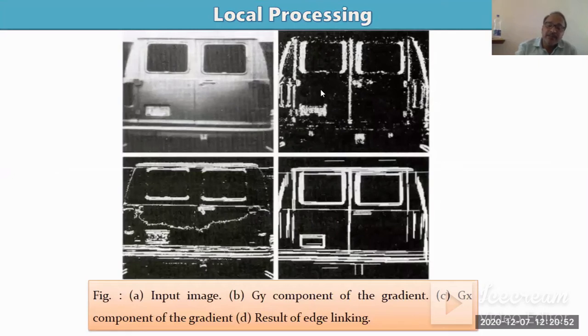How can we merge these two, how can we link these two? For that purpose, we can say that if the gradient value, the magnitude or strength of the gradient, is greater than 25 and the angle is less than 50, then we are able to join this. If we decrease on this, it can again remove some other points.